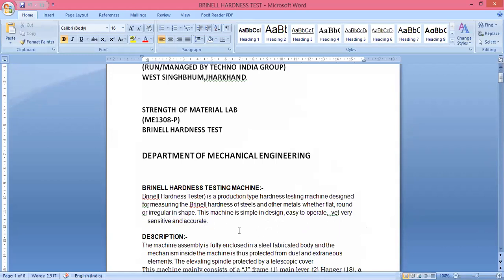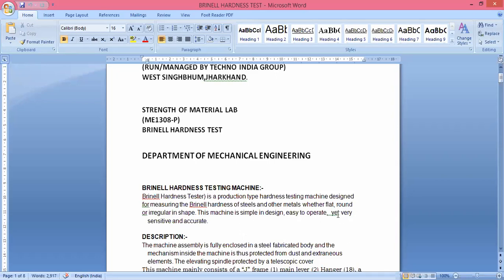Production type means it can be quickly operated to get the required hardness so that the result can be used where it is required, and it can be measured for steel and other metals, whether flat, round or irregular in shape.